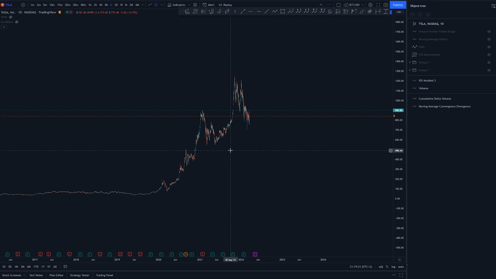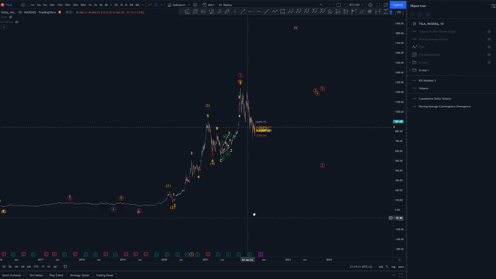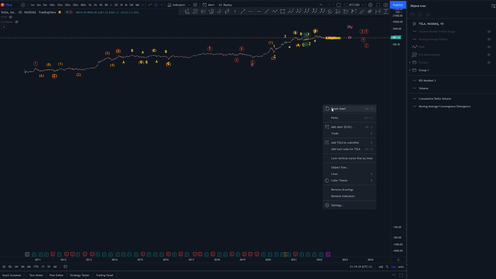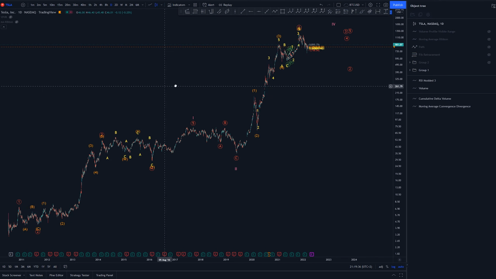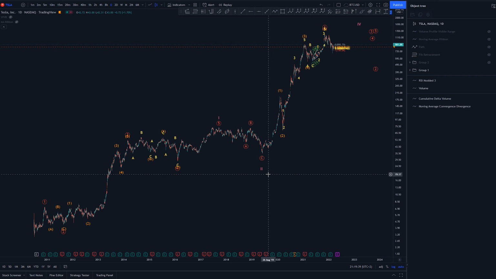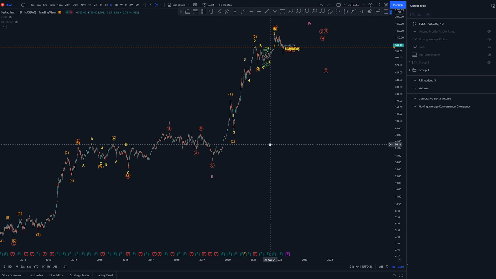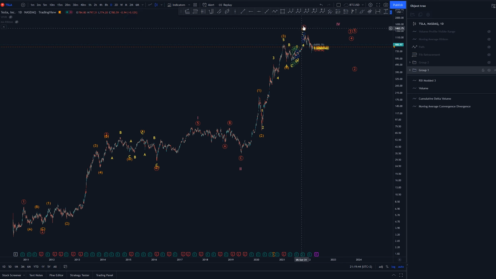Now, we did a video about Tesla high time frame count about a month ago, and this was the basic idea here. Let's change back to the log, and we had done cycle 1, cycle 2 and started to do the cycle 3. Now, why this leg here is only labeled primary 1 is due to the time compared to the alleged cycle 1 time taken from around 2010 July,